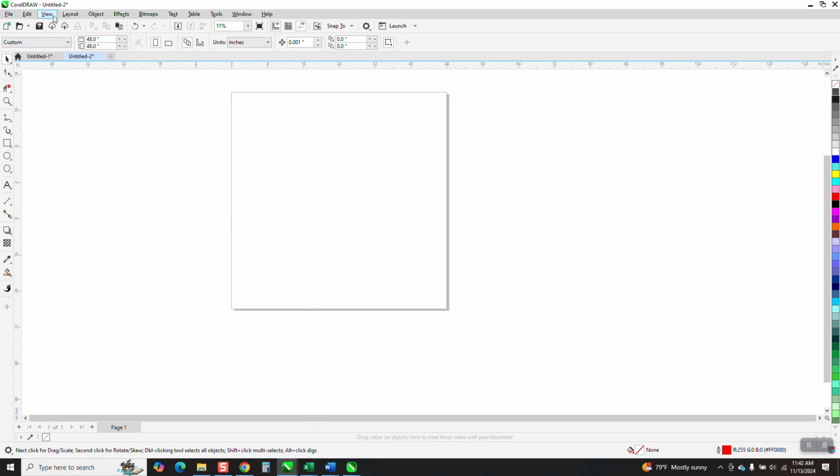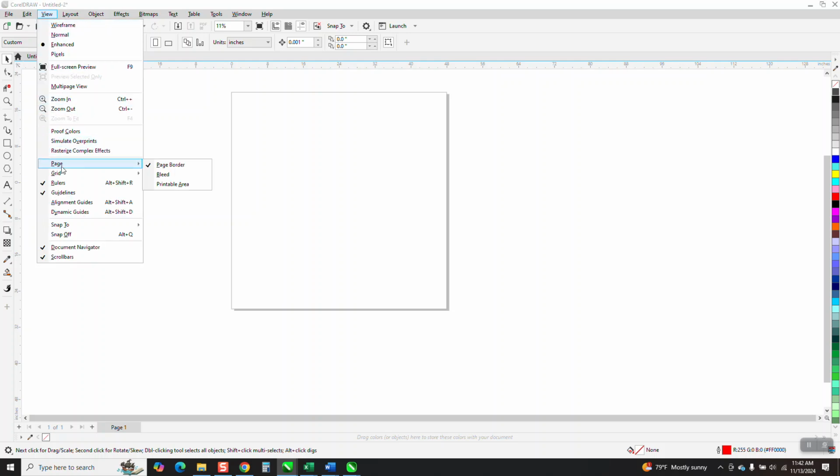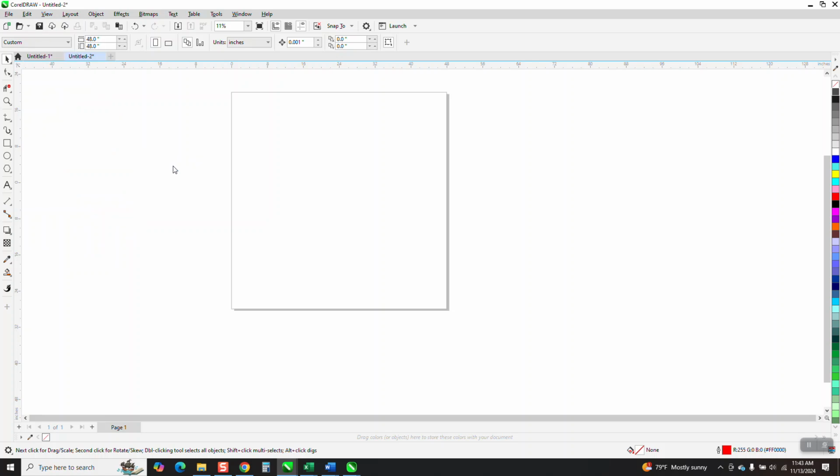He wants to turn off page border. There's no page. I mean, there might be a reason. The only reason I ever thought it could be a page, you could have something around your page and take a screenshot of your page, and then it wouldn't show up. But let's go to Tools,